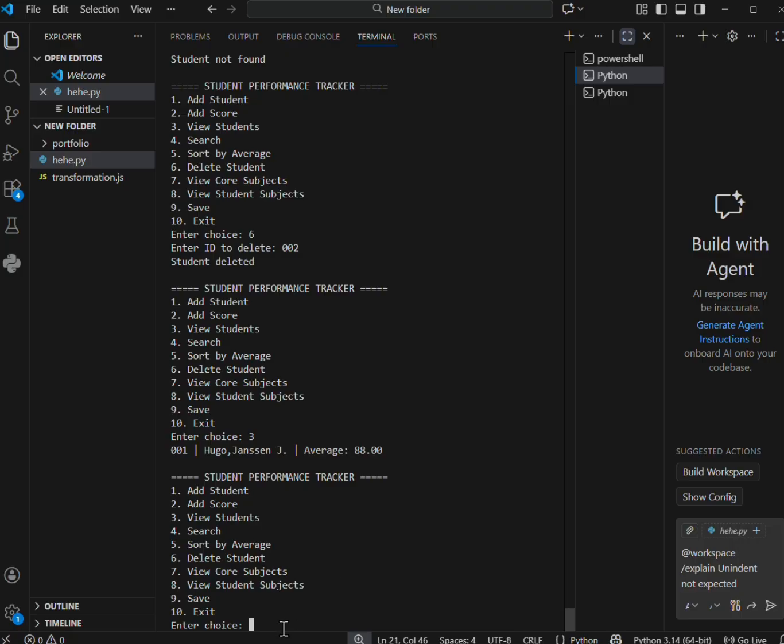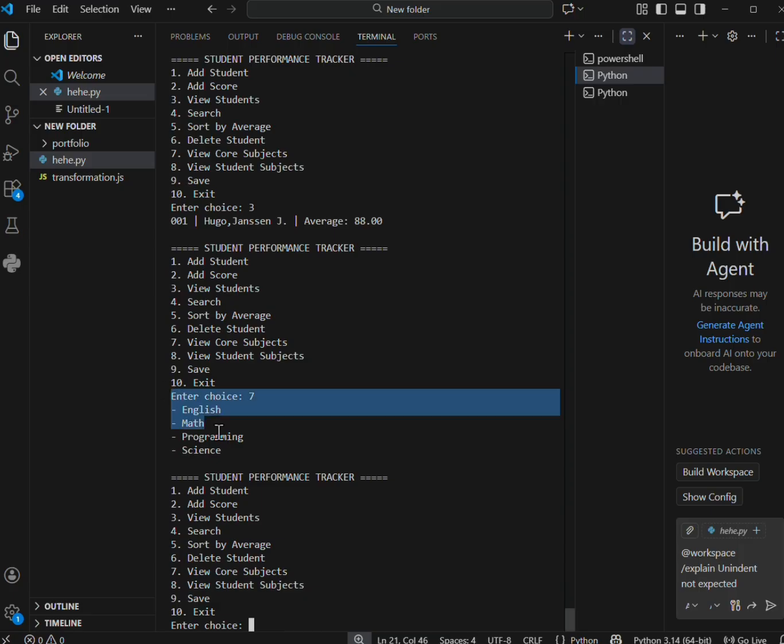Okay, now let's proceed to where I show you the viewing of core subjects, which displays the fixed list of allowed subjects, and viewing a specific student's subjects, which is stored in a set. So let's go with 7.